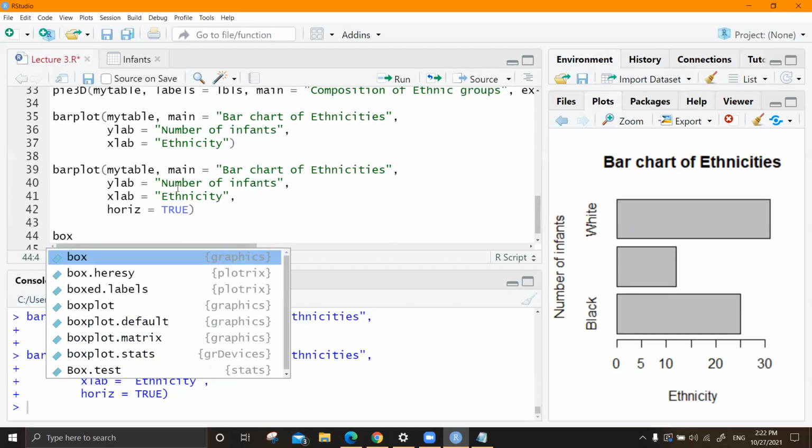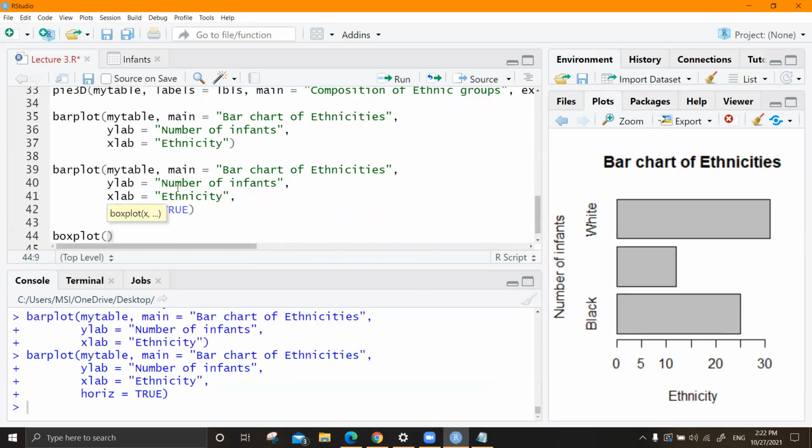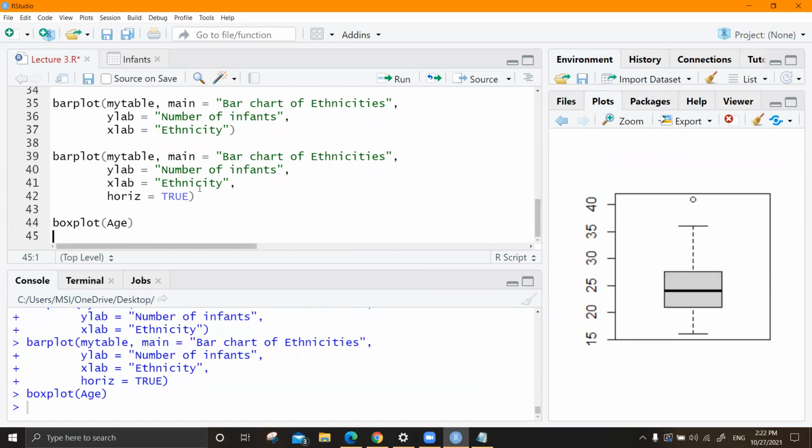So basically you can do box plot, let's say age. So this is a box plot. By this you get the middle value, the median, the first quartile, third quartile, the minimum value, and the maximum value. But this is an outlier. By dots, they give an outlier. This is how you read a box plot.